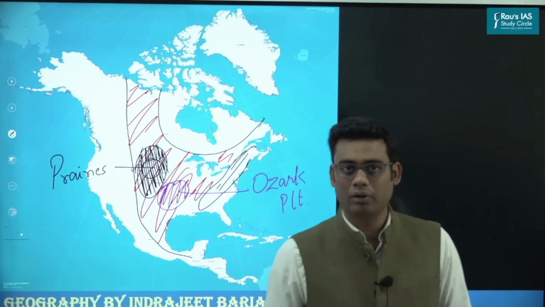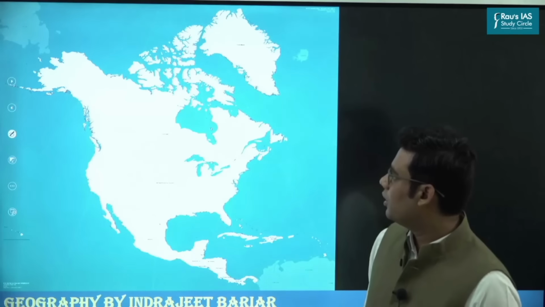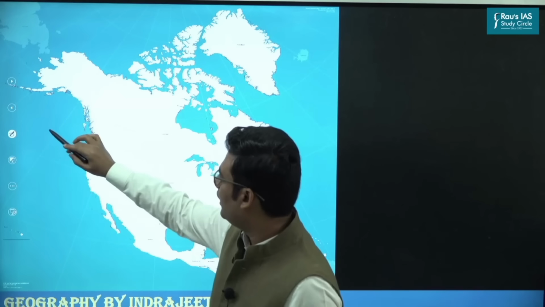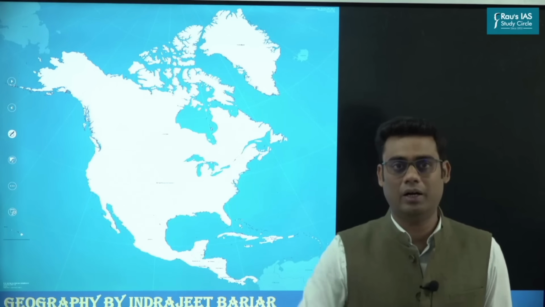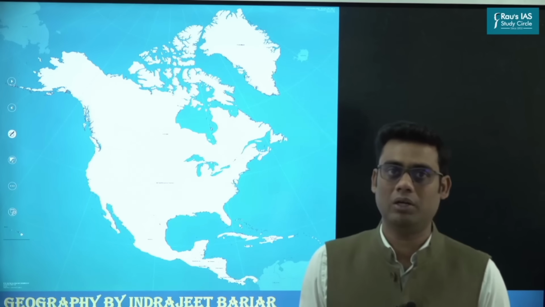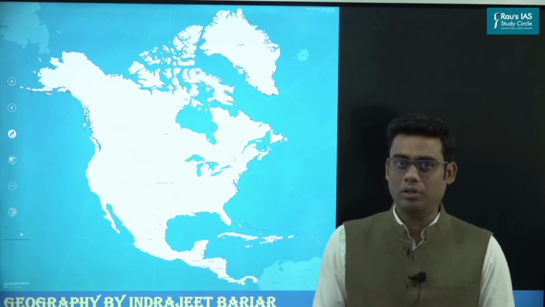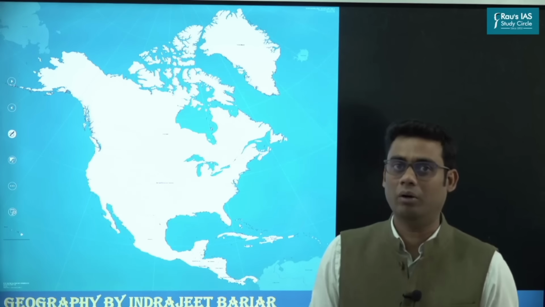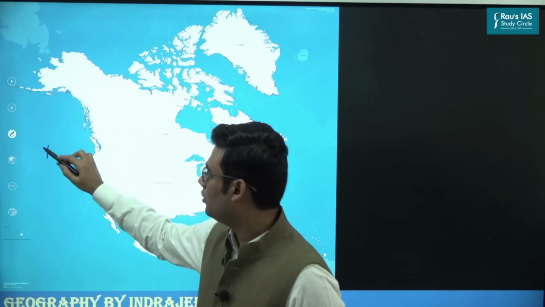Then we move on to the next physical feature or physiographic division, which becomes the Western Cordilleras. So the Western Cordilleras lie on the western side. Cordilleras simply means series of mountains. Now, these series of mountains have developed in the form of folding, as the process wherein on this side I